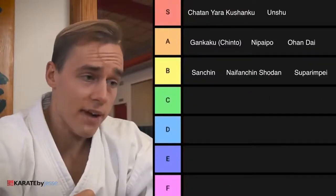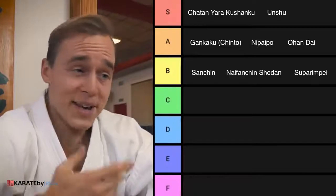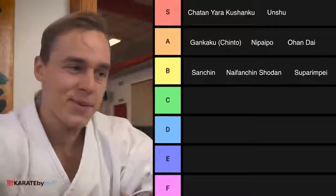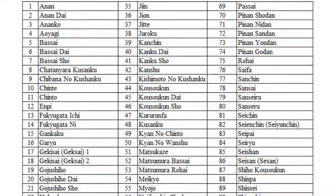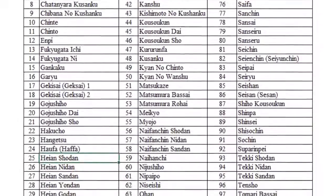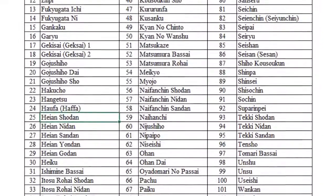As you might notice, I haven't put anything at C, D, E, or F. And that's probably because I just love kata too much. I just want to put them all and stack them at the top. So that was 1, 2, 3, 4, 5, 6, 7, 8. We only have 2 left. Okay, let's see. If I only could choose 2 more, well then I would have to go with, first of all,